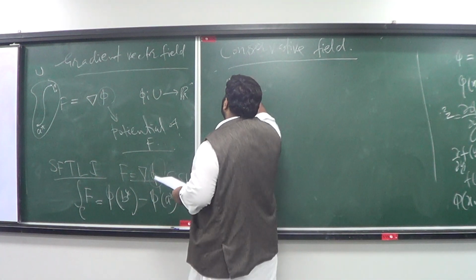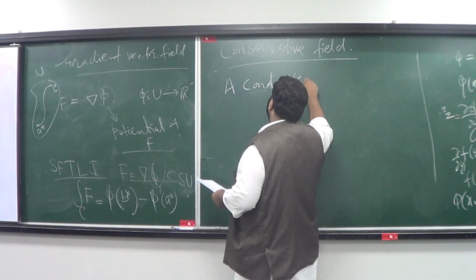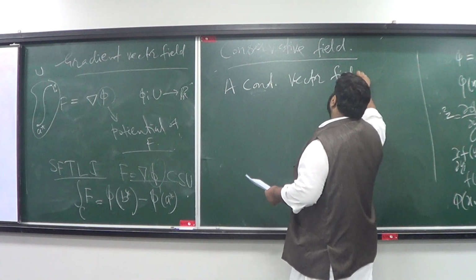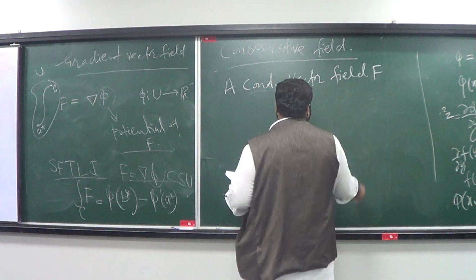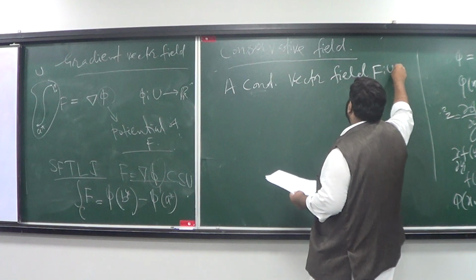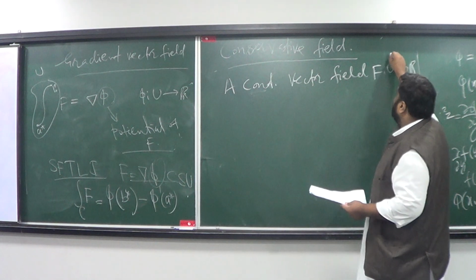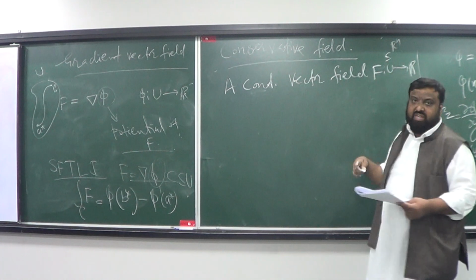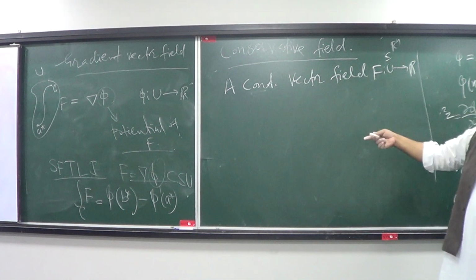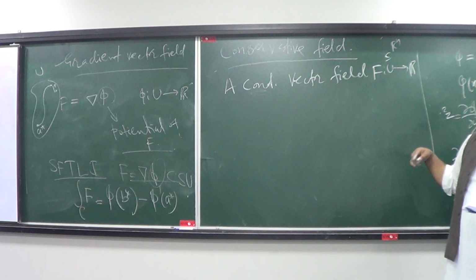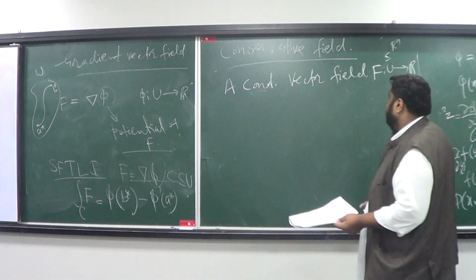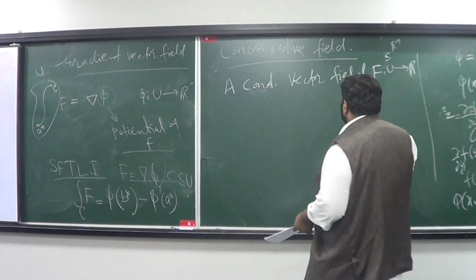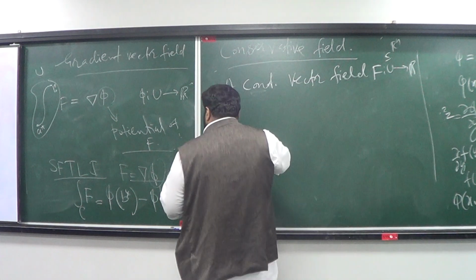So you have a continuous vector field F. Obviously, it's defined on U to Rn, where U is a subset of Rn. So a vector field is always a map from the same dimension to the same dimension: R3 to R3, R2 to R2. So Rn can be the domain of vector fields. So a continuous vector field F is conservative